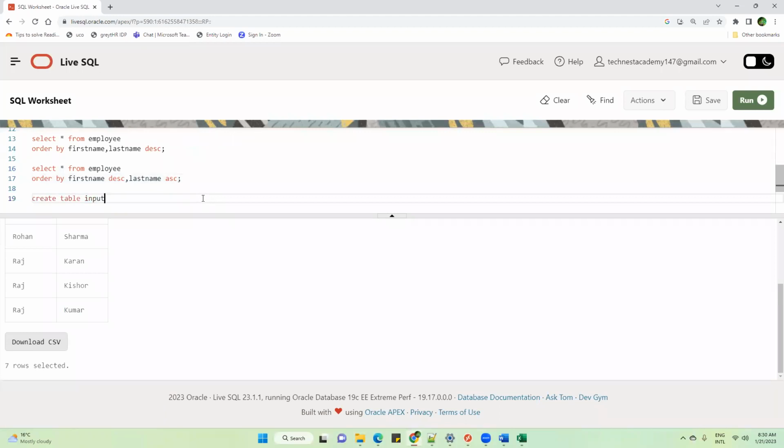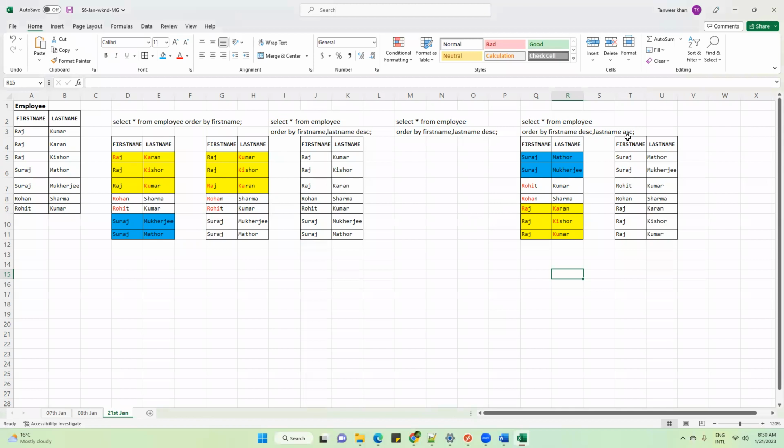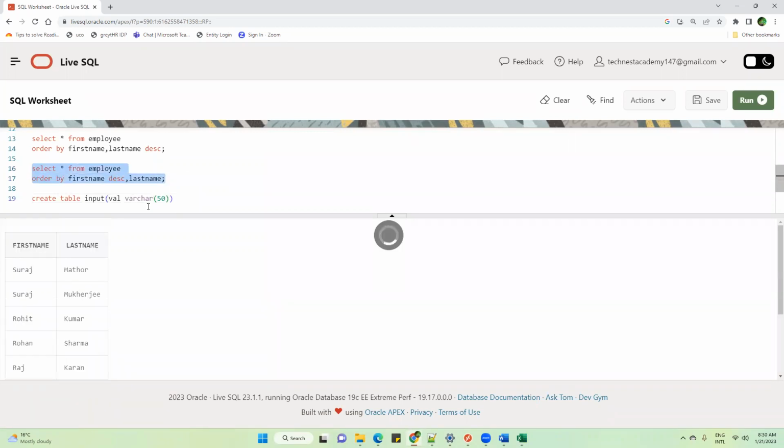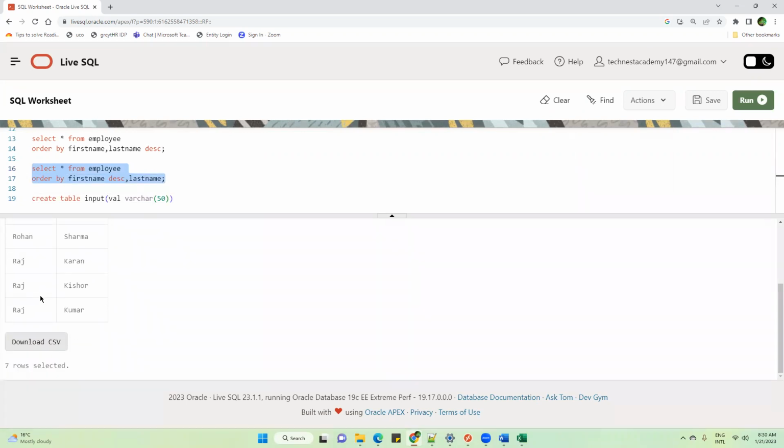Just one more question. Is it necessary to write ascending with the column? No. I have mentioned earlier as well, this ascending is not required. If you don't want it, you can remove it, your wish. You will get the same output. You can verify this, it is the same output. That is not mandatory. If you want to write ascending, you can write it. If you don't want, no need to write.